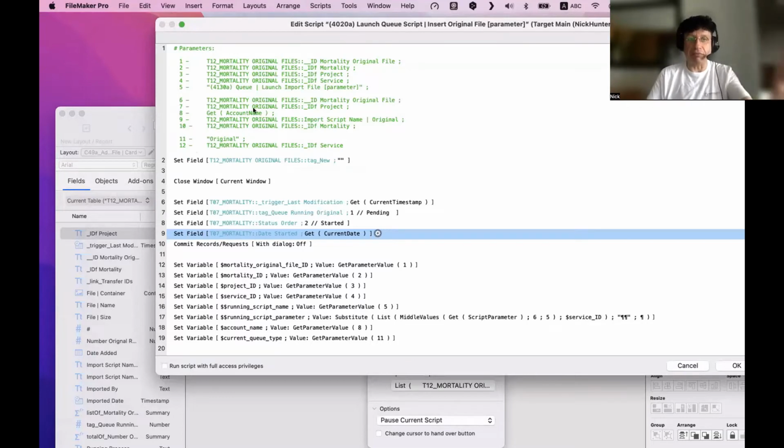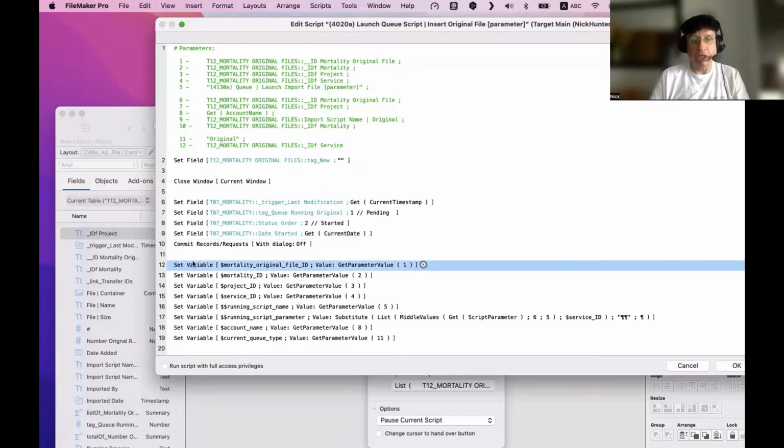So I have a list of parameters. Okay. And I'm repeating my parameters most of the time. You know, I'm repeating this, I'm repeating this, I'm repeating this, and repeat. Okay. So why am I doing this? Here, I want the modality ID file. I want the primary key. I want the primary key here. So I'm getting the parameter value 1.